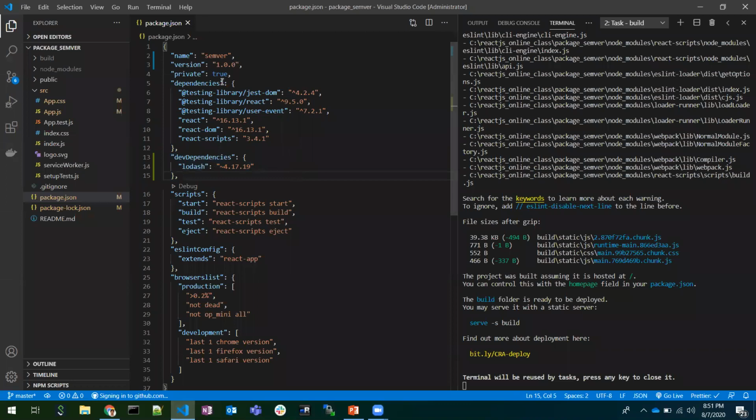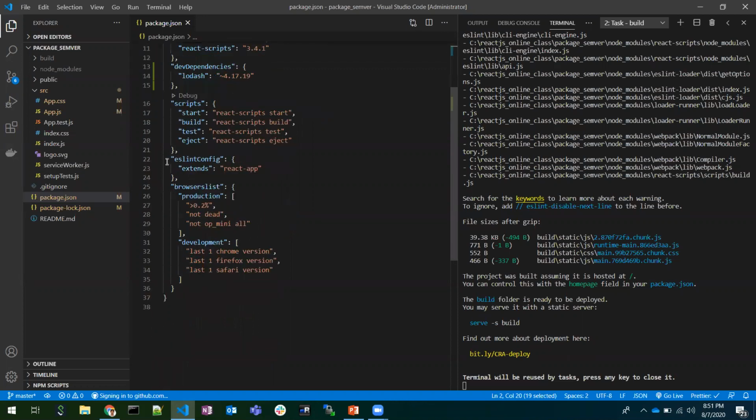Coming to other properties, there is the name of the package and the version, which is the version with which we are going to publish, and the name with which we are going to publish. These are the default ESLint settings configured for create React app. Here browserslist is the list which we are providing.